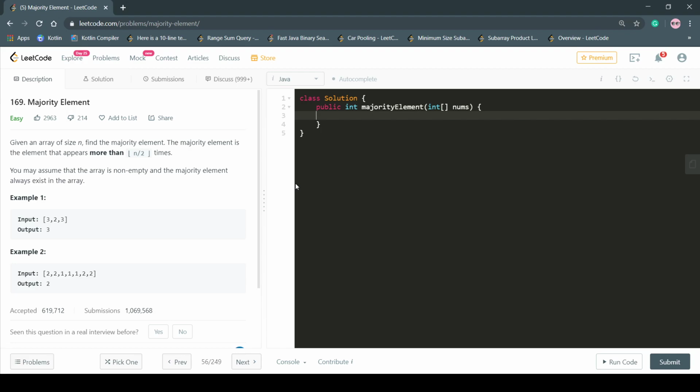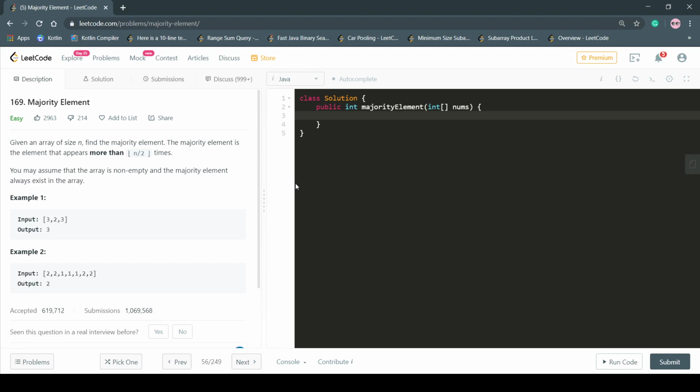Now, since we know about the space-time trade-off, that is, if we are saving the time, then we could compromise a little bit of space. But if we are saving a little bit of space, we cannot compromise our time. So it is the space-time trade-off. And if we go through this, then we would come to the final approach that we can compromise our space and we could save our time.